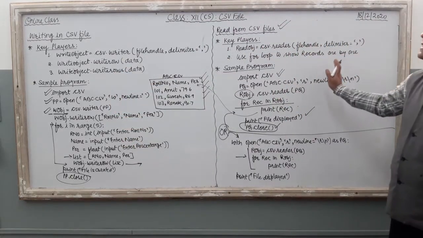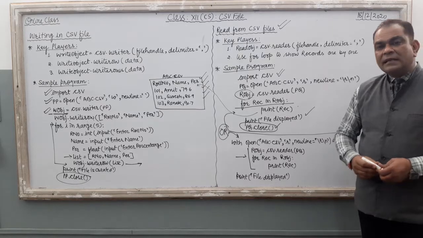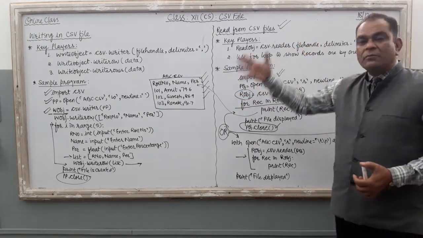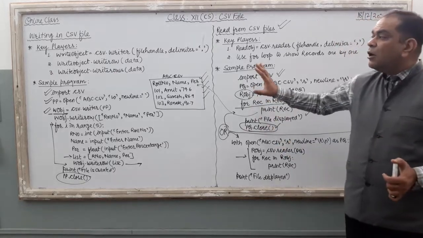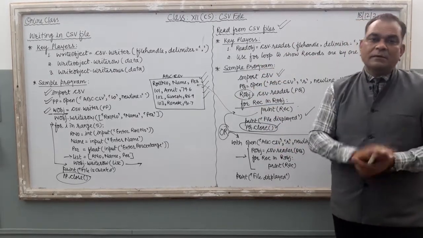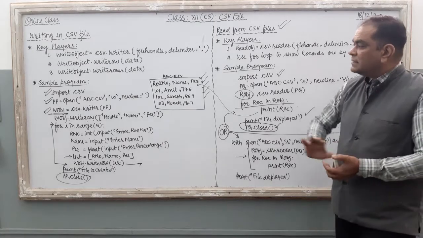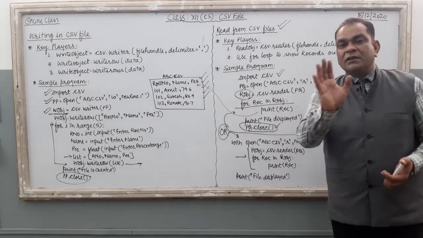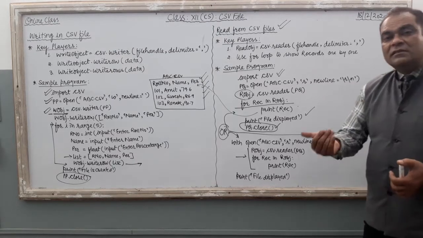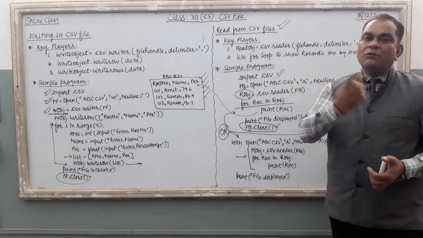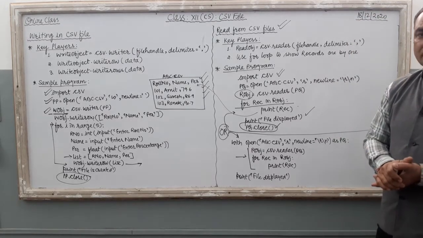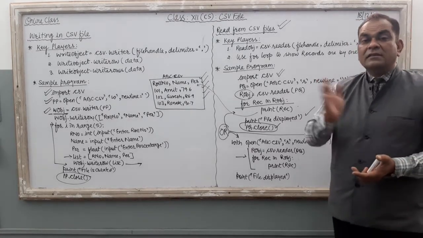So by this video lecture we have finished how to write the data in the CSV file and how to read the data from the CSV file, and this whole topic covers 2 marks according to your CBSE blueprint. Right? So this is the last video lecture related to file handling in Python. From the next video we will start list, stack and queue. One more chapter is there in our CBSE Python: list, stack and queue.